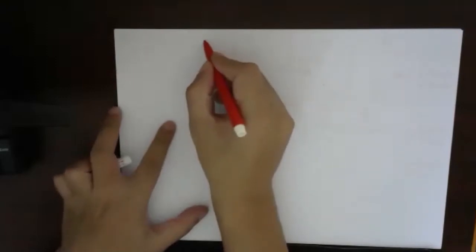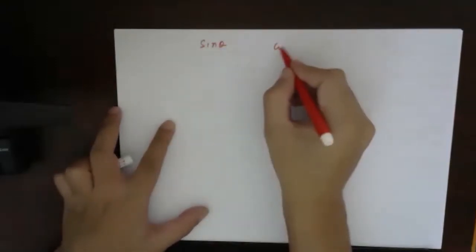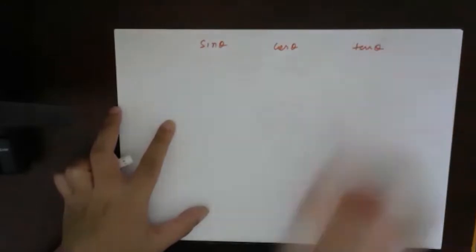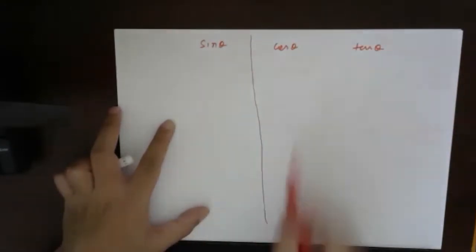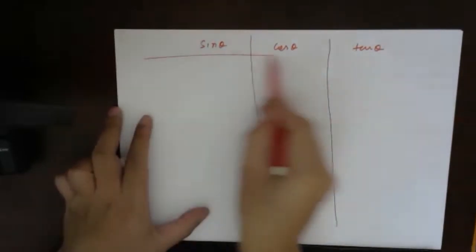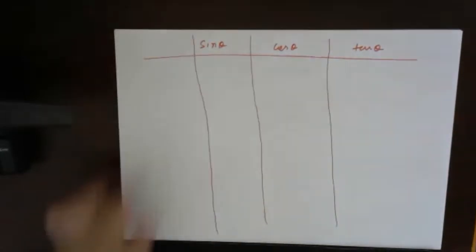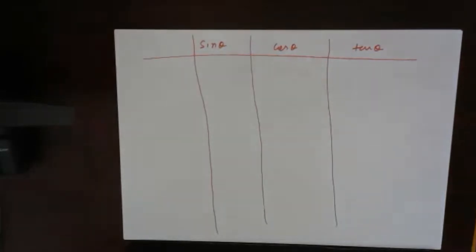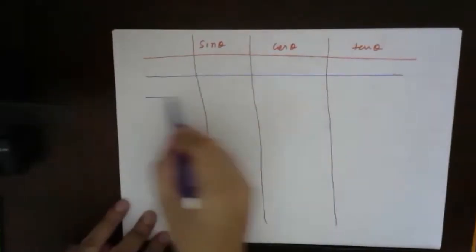Okay, so now we will only write the sign of different trigonometric ratios. Remember, right now we are not bothered about the exact value. Just figure out what the sign of the different trigonometric ratios is. So I will make a chart, and we'll see if you can find sine theta, cos theta, and tan of theta. Fine. So just make a chart like this.